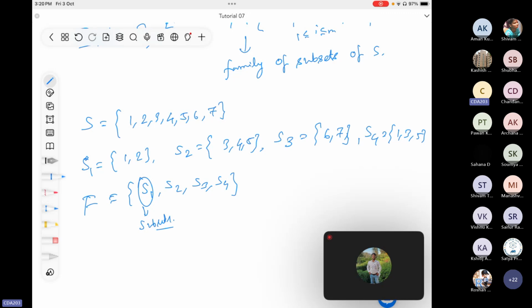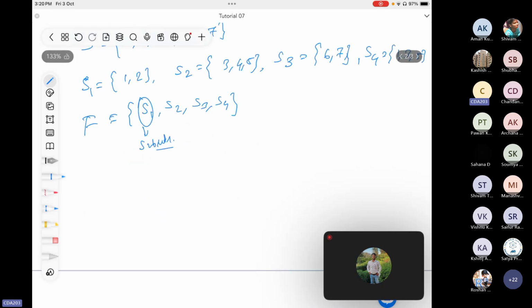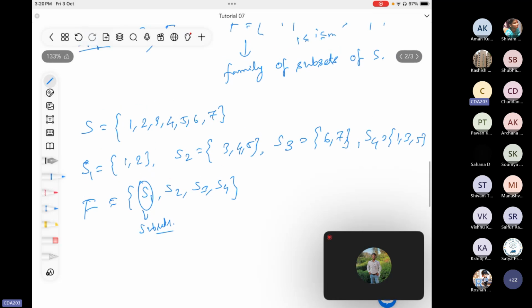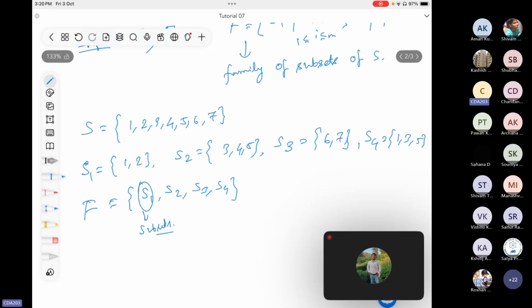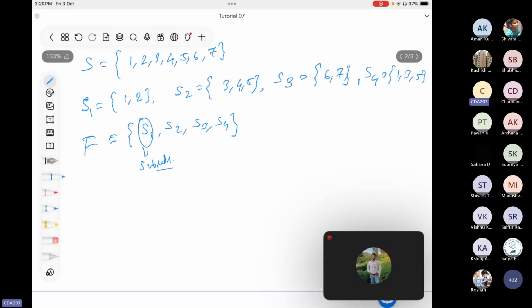So I hope you get the idea of the input. What are the inputs? Now the question is, what is the problem? Let's say the goal or output. We are looking at an optimization problem here. So it's find a minimum subset